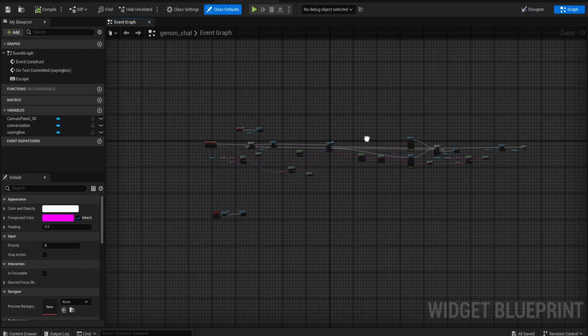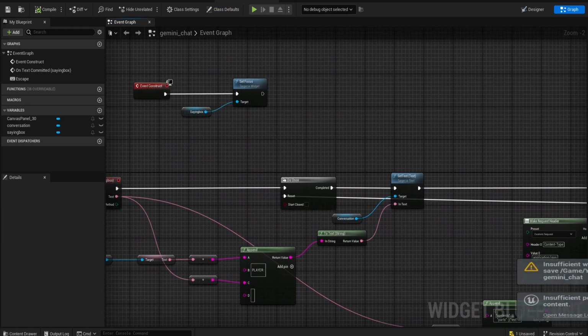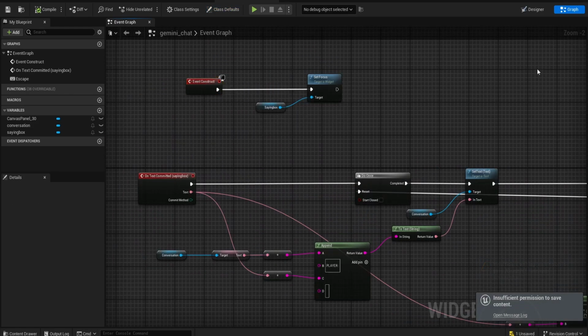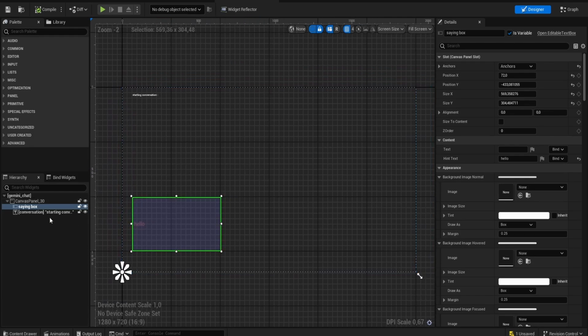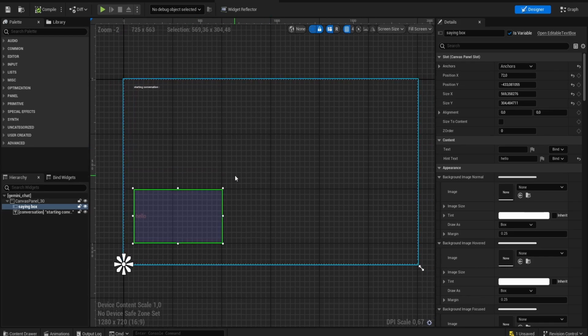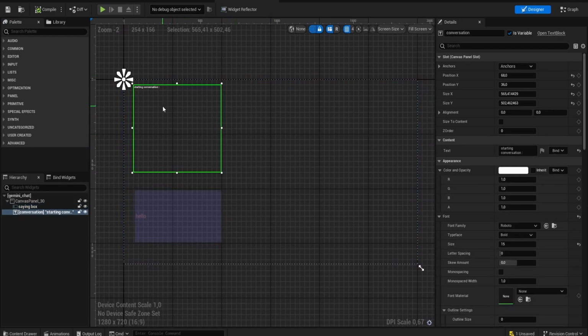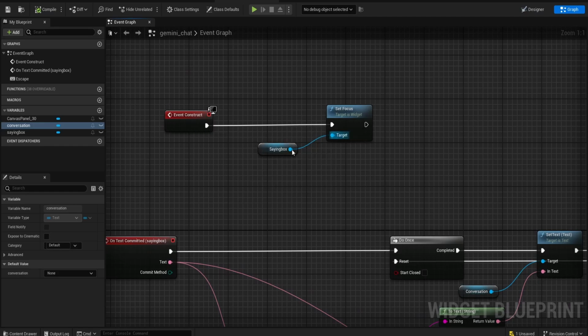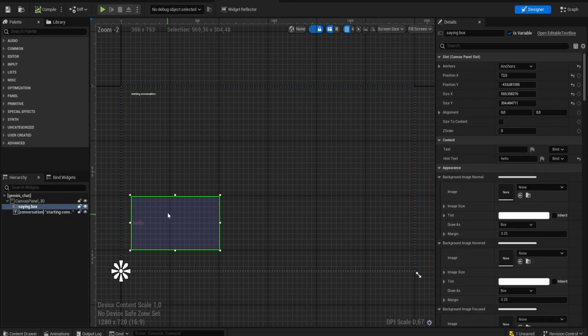So now I will show you what I have done here. In my chat widget, you can see that I have a text box where I can put my text, or my arguments. And here I have a record of my talking and the answers of Gemini. So what we say here will be transferred here, and we will get the answer from Gemini also here. Now you can see that after the Event Construct, I set a focus on my saying